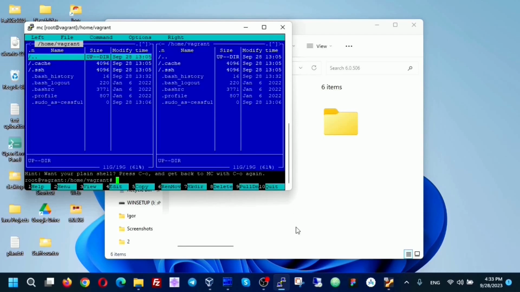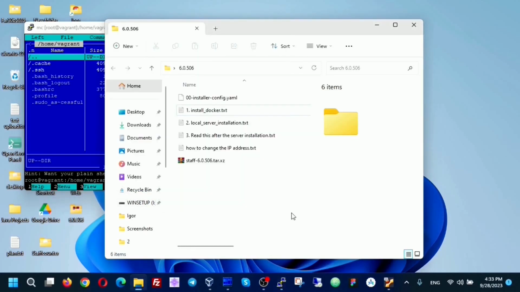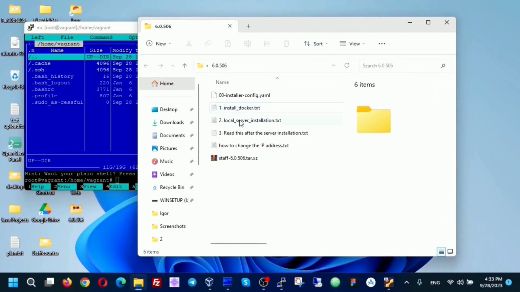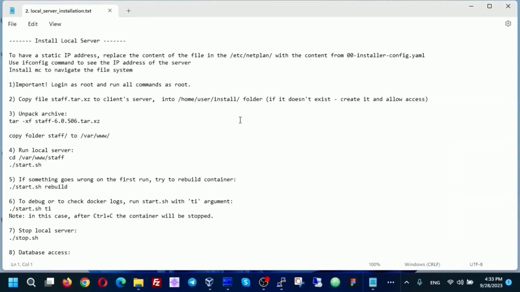What should we do next? Let's see in the set of instructions. We have already installed Docker. The next is the installation of the local server itself. Open the instructions. We have logged in as superuser. Copy the stuff tar xz file to the server computer.